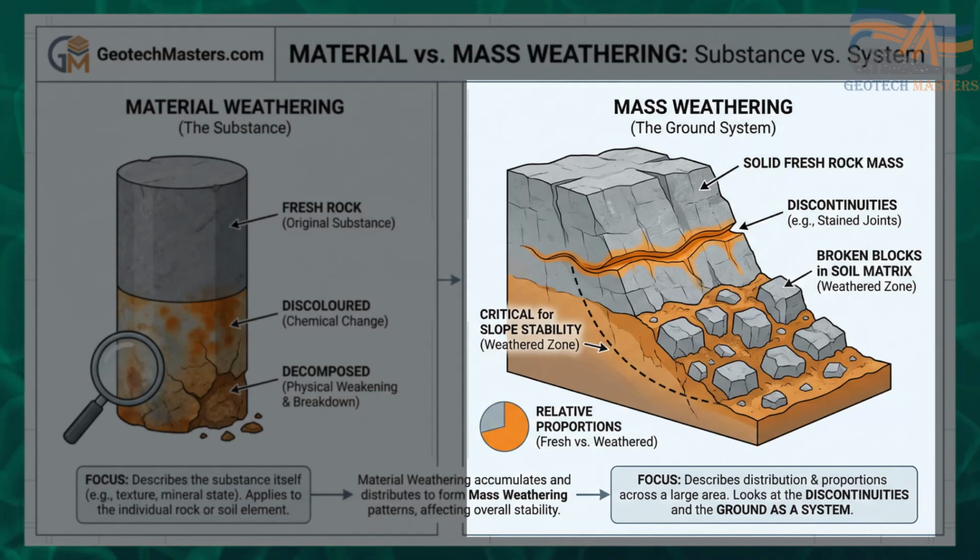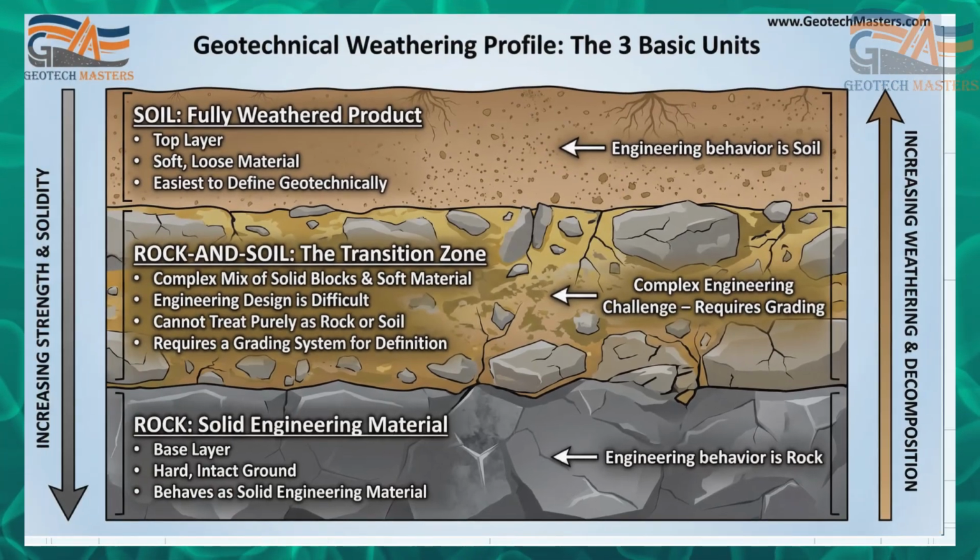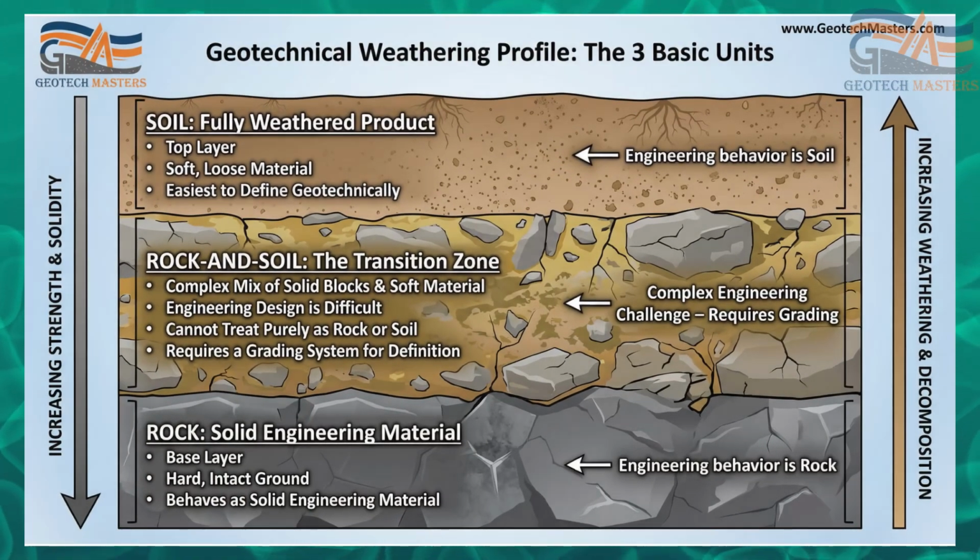The standard states that we must describe the relative proportions of fresh and weathered rock. We treat the ground as a system. This is critical for slope stability, as failures often happen through the weaker, weathered zones within the mass. The standard suggests we view the